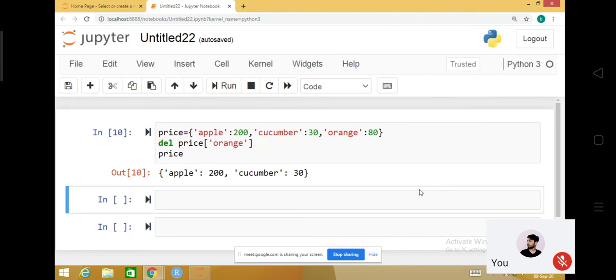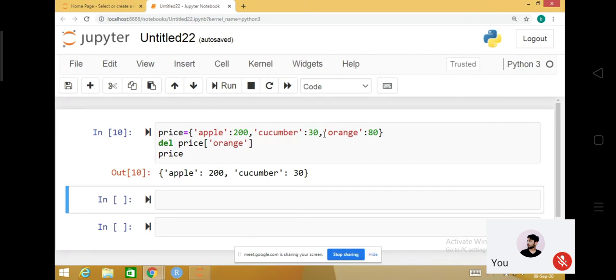Till now, whatever I have shown you, in each case you are doing everything with the key, and in this pair, the first one is the key, the second one is the value. Now, if you want to extract the value, there is a function get. The get function is there to extract the value corresponding to a given key.